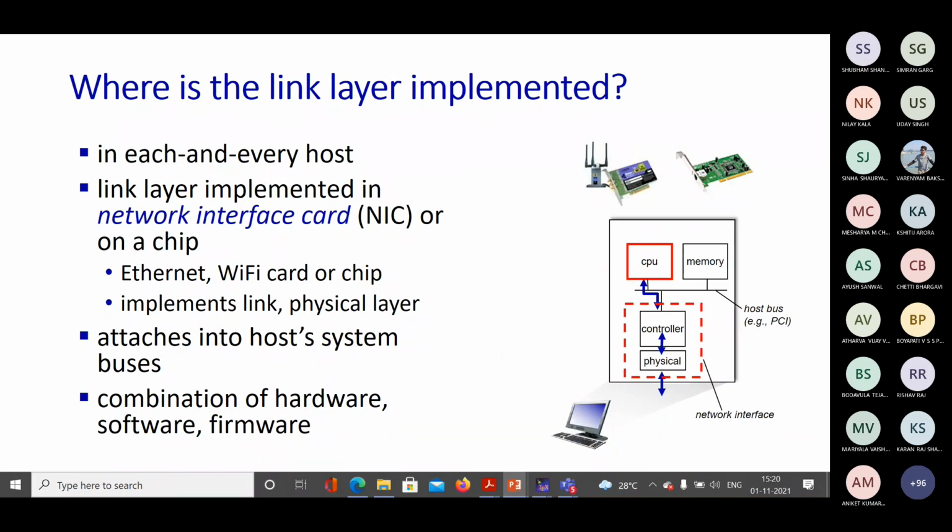Okay. So where is the link layer implemented? We of course know that the link layer will be implemented at each and every host present in the network. That is one thing, but where in each and every host? That is the question. It is basically implemented in the network interface card, or NIC, or on a